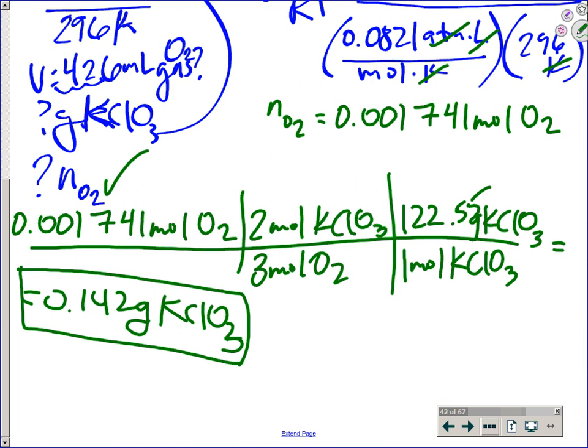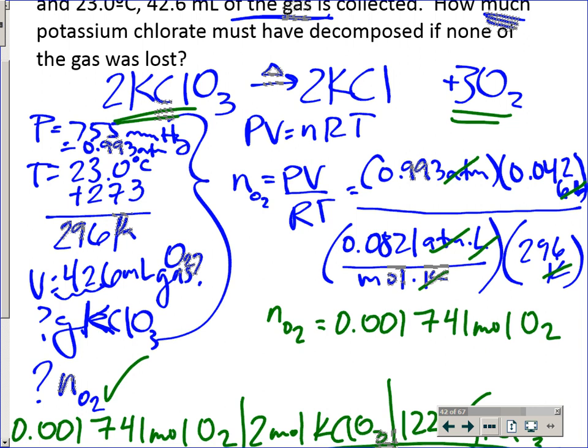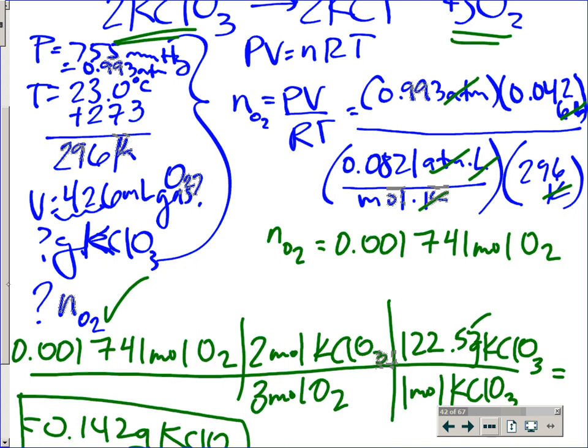Okay, so that was a doozy. We saw data regarding gas laws, and with that gas law, we also had a decomposition reaction that made a gas. Once you see both of those things come into play, and your question is not about the gas, you solve for the gas information first, and then use stoichiometry to get to the non-gas items, like the potassium chlorate in this example. So this one we did ideal gas law first, then we did Stoich. Other questions we might do Stoich first and then ideal gas, but you will usually use both of those unless